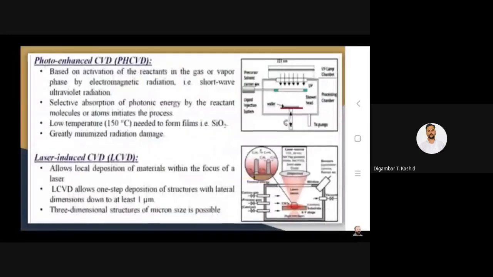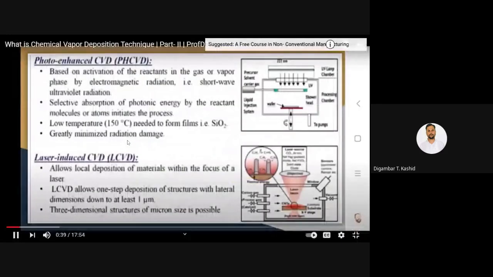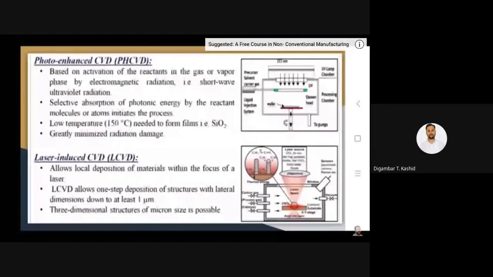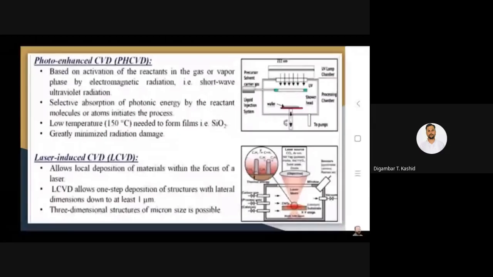Next is photo enhanced CVD, or in short, the photo CVD process. It is based on activation of the reactants in the gas or vapor phase by electromagnetic photon energy, where the reactant molecules or atoms initiate the process. A low temperature, generally 150 degrees centigrade, is needed to form films like silicon dioxide, greatly minimizing the